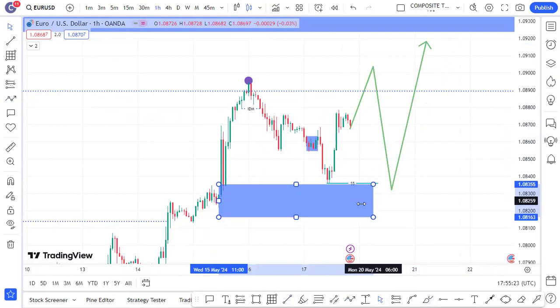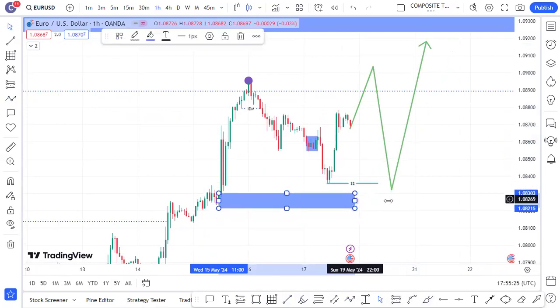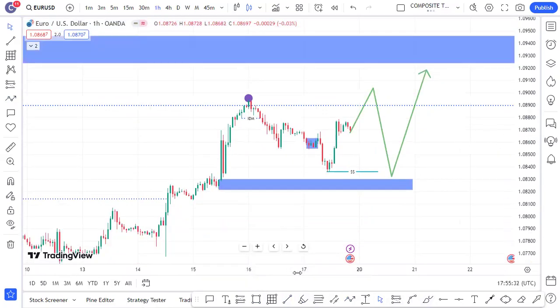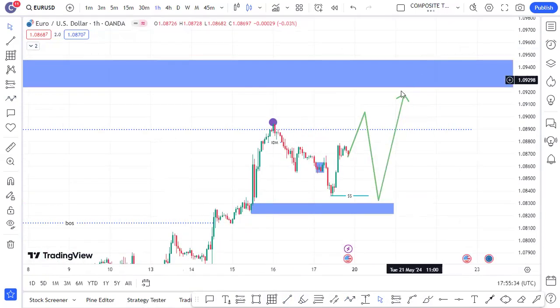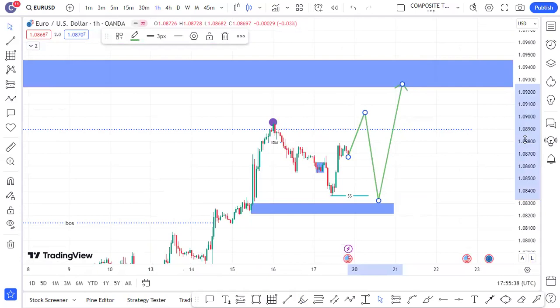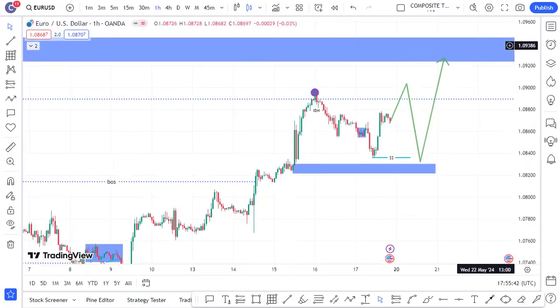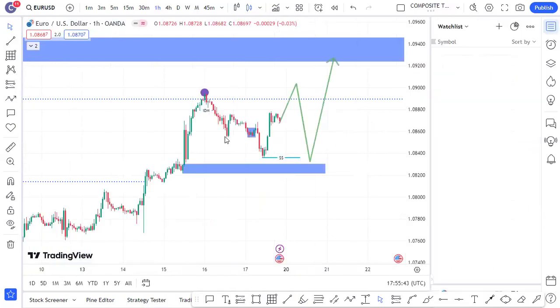So this means that this level is a point of interest for me. I'm looking forward to buy just below this zone. So this EURUSD still, we need more confirmation. And if we buy, you are targeting this supply, right? This is just something that I want to see how the market will react tomorrow. And let's see the next pair. The next pair here is